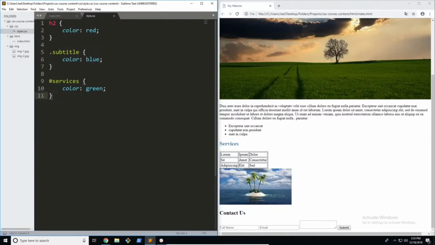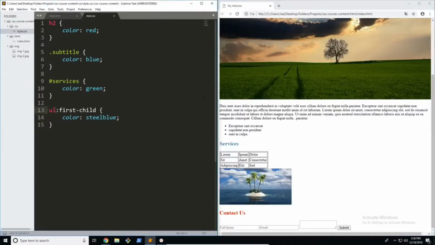So if I go over here and select all ULs, and then of course the colon for the pseudo-selector, and select first child, I'm just going to set the color to steel blue as well. I'm going to refresh the page, and you can see that it's not working. Although it might seem like you want to put the UL first, because you're looking for the first child of the UL,